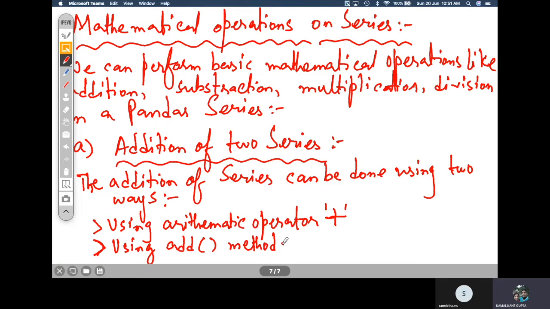So it will always provide you the basic operation, not any options with it. Whereas methods are capable of taking varied arguments, and they can provide you a lot of options, right? So likewise, in this case also, the plus is only for simple addition, and thus it will add the way it used to add two numbers.